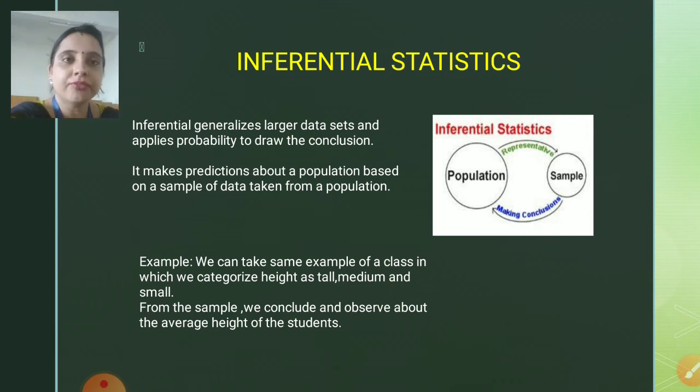So the difference is, in the case of descriptive statistics, we need to measure the height of each and every person in a class. And if we take the example of a data set, we need to observe each and every data point in the data set. In the case of inferential statistics, we don't need to take each and every data point. We just need to overview the data and conclude that this would be the result. As in the example, by seeing the students we conclude that 5.9 is the maximum height and 5.1 is the minimum height. So I hope I am clear with this topic.